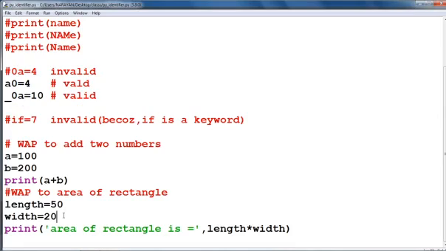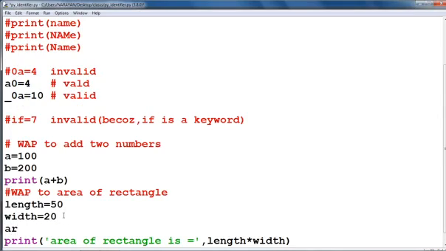This can be written as, suppose that here area equal to length into width.